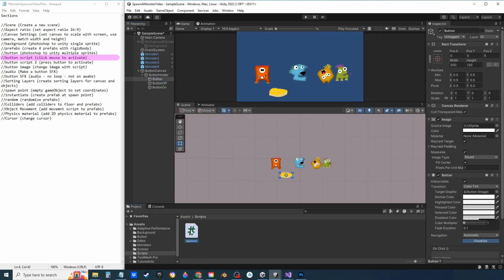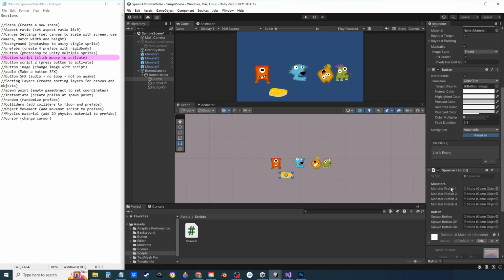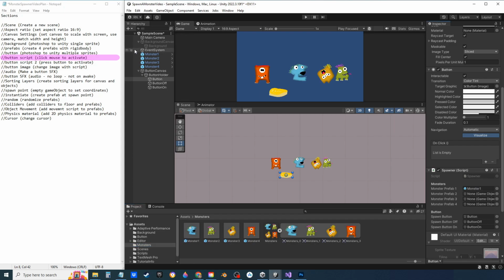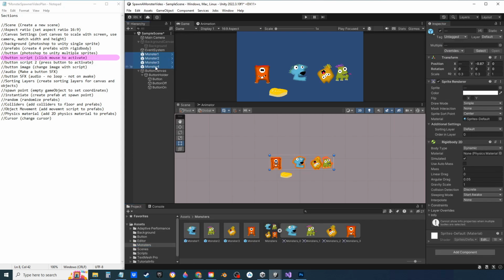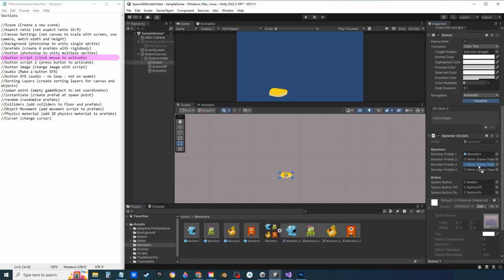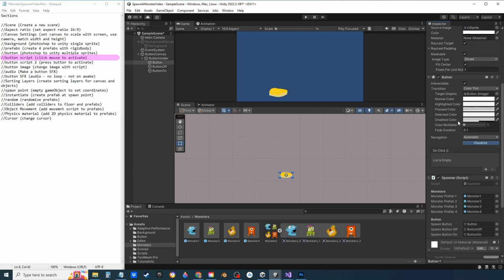I'll go to the button and I'll drag the spawner script, and then it's got the monster prefabs, button, spawn button, all of those. So drag the button over, button off, button on, and the 4 monster prefabs. You don't want to get the ones in scene. Actually, can get rid of those. Monster 2, Monster 3, Monster 4. And the button